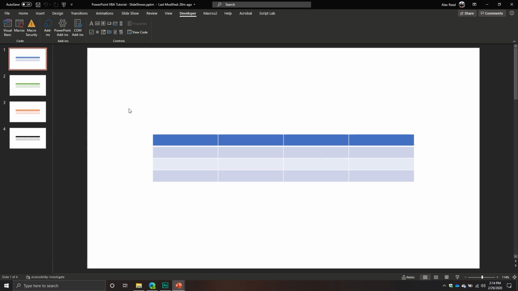However, I do have some VBA topics that I do want to cover in the meantime. So today we are going to cover the PowerPoint presentation slide object. So the slide is basically like a slideshow. The thing is,